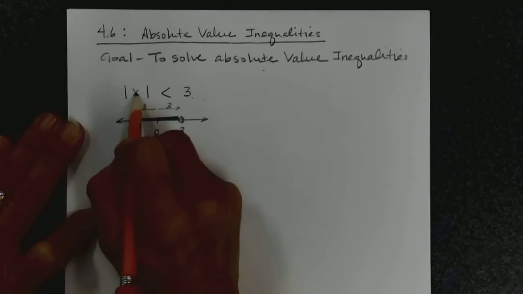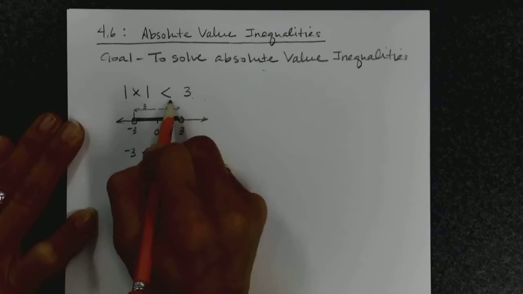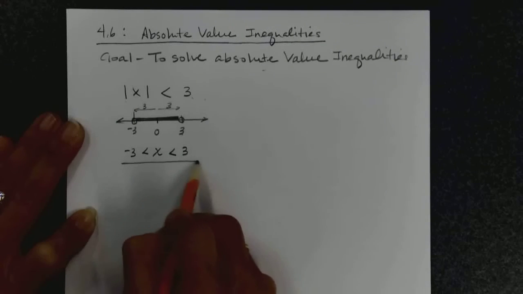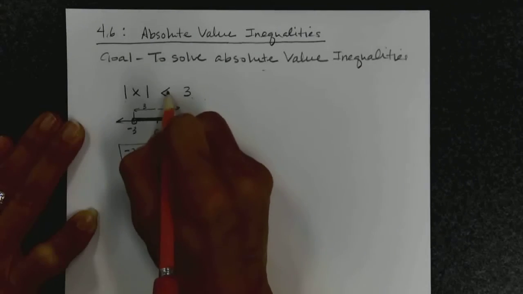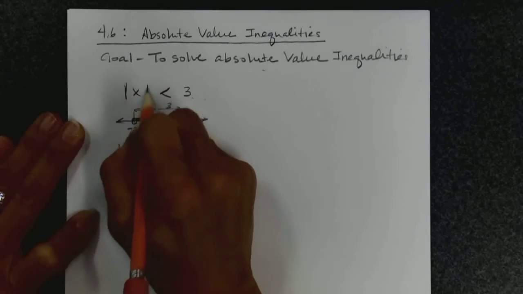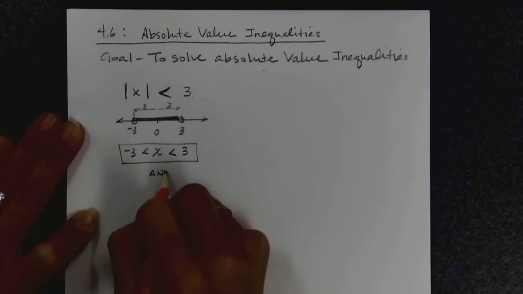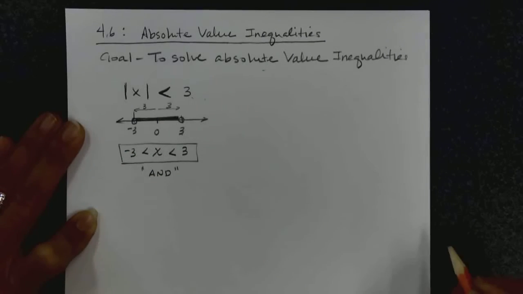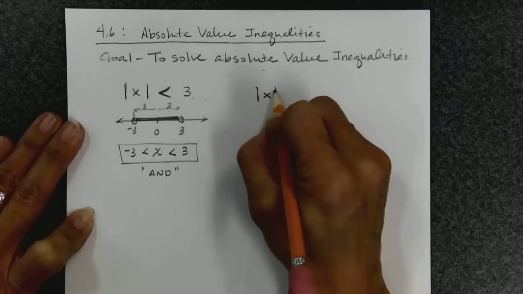So the absolute value of x asks what numbers have a distance of less than 3, and all the numbers are between -3 and 3 if I were to graph this. So when you see an absolute value by itself like this, and it's less than, this is an AND compound inequality. Now if I had the absolute value of x, and I want to look for distances